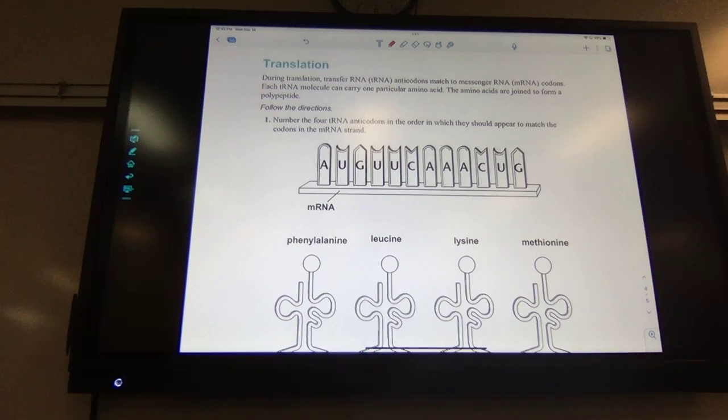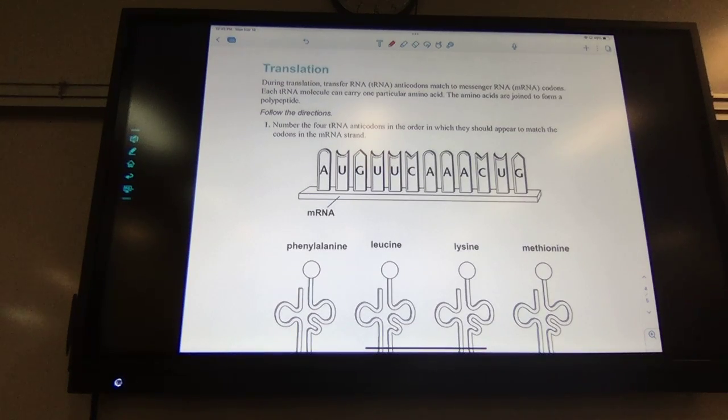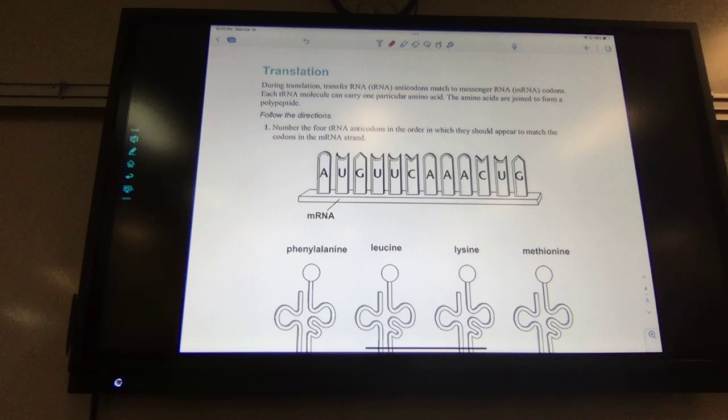You can make it a little easier by writing up above that this is the codon, and now I'm going to write the anticodon. It would be U, UAC,